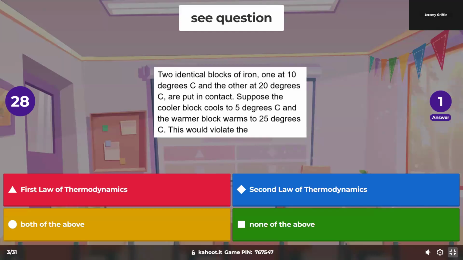Two identical blocks of iron, one's at 10 degrees Celsius, one's at 20 degrees Celsius, put in contact, closed system. Suppose the colder block cools down to 5 degrees and the warmer block warms up to 25 degrees. Now that's never going to happen because that would be a violation of